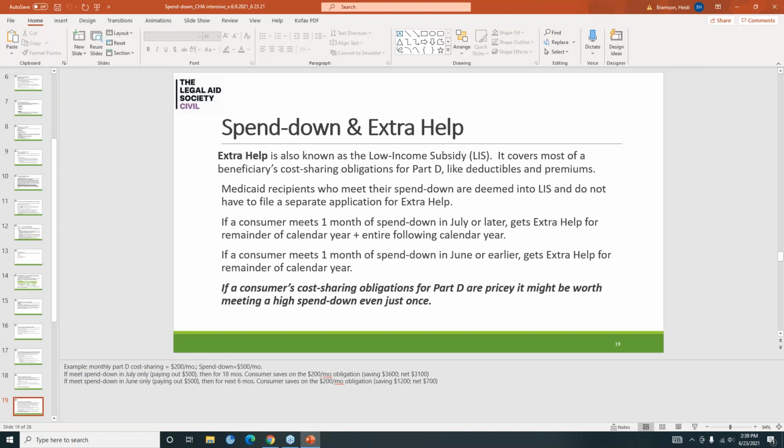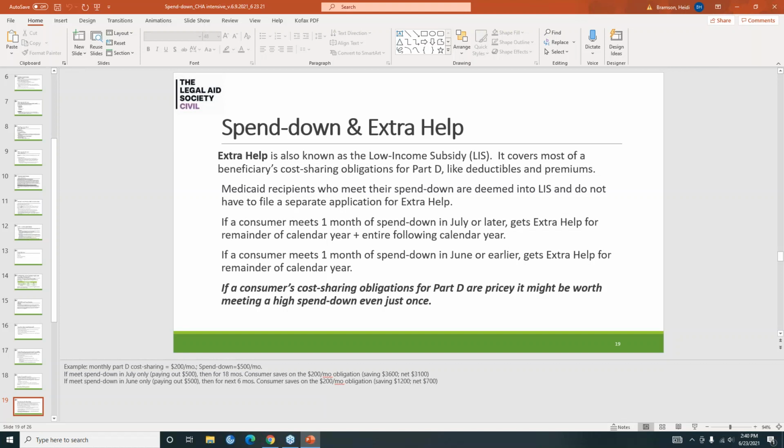Essentially, if a consumer meets even just 1 month of their spend down in the months of July or later, they get Extra Help for the remainder of that calendar year and the entire following calendar year, which is essentially 18 months.